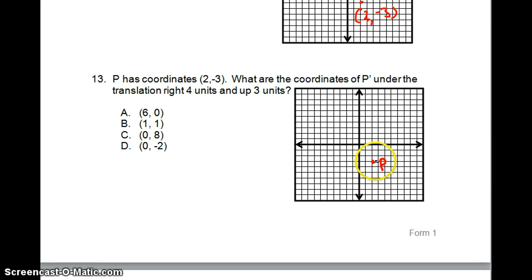So right 4, we're going to go 1, 2, 3, 4. And up 3, 1, 2, 3, right there. And that will be P prime. Coordinates of that are 6 and 0. So your choice is